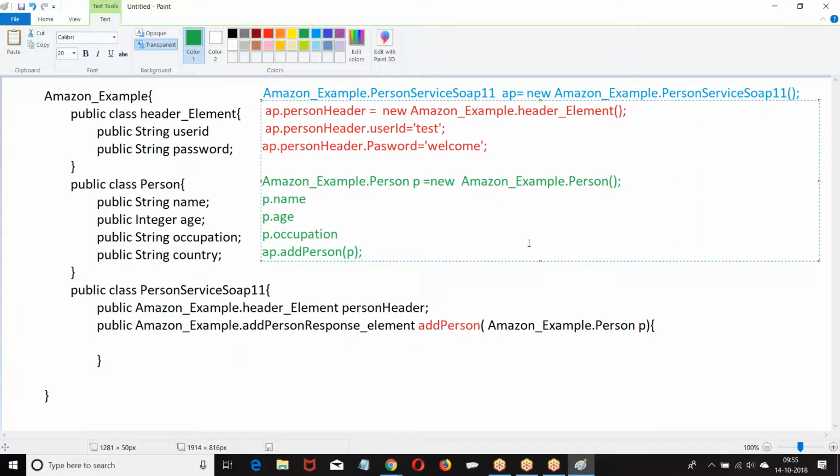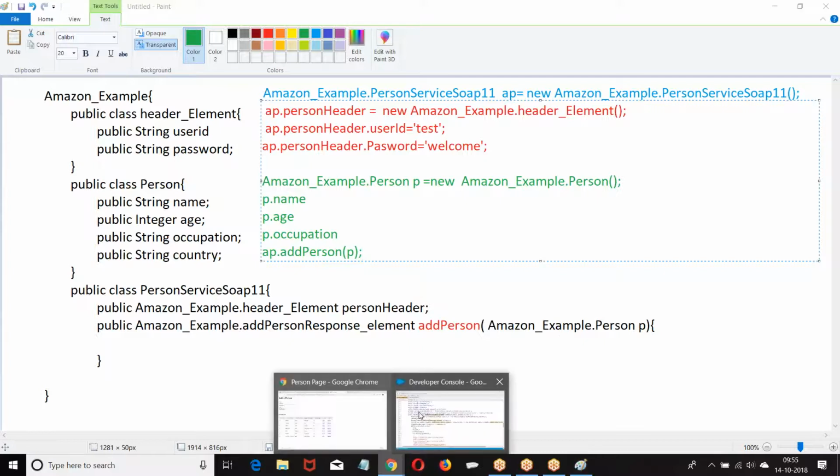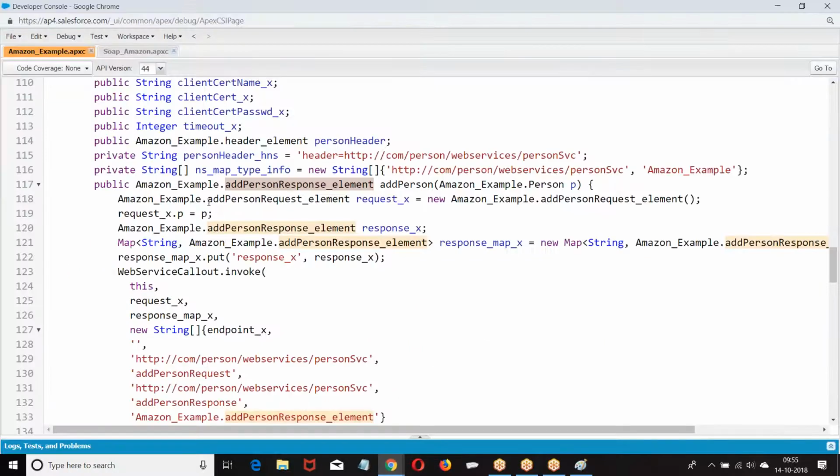So here, where is our authentication process? In the header I am passing. Where was my authentication data passed? In the header. How are you passing? As a header element. If they are expecting you to pass the authentication in the header, we put the authentication data in the header element. Next, I hope you have followed this point.